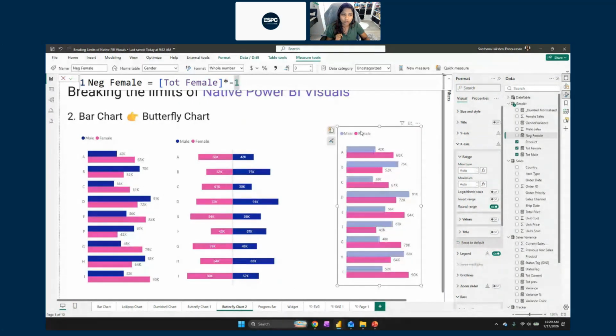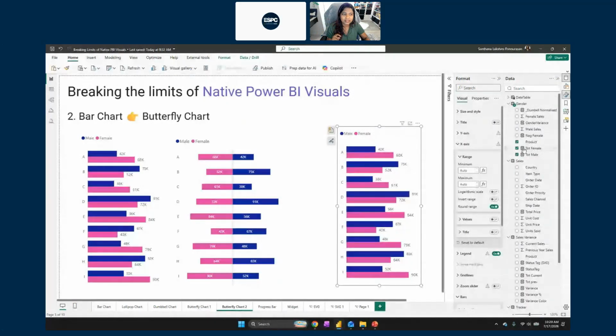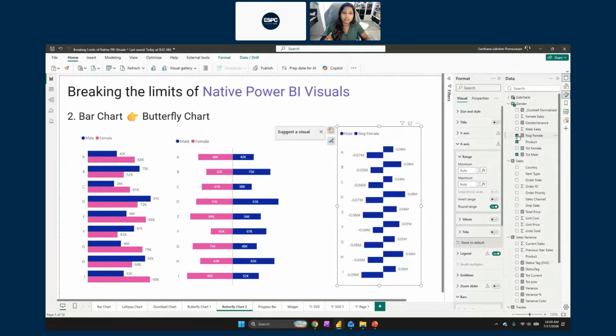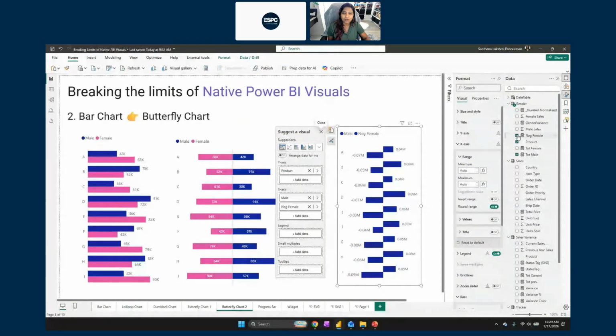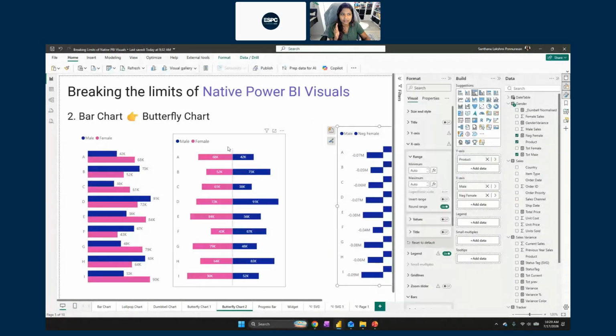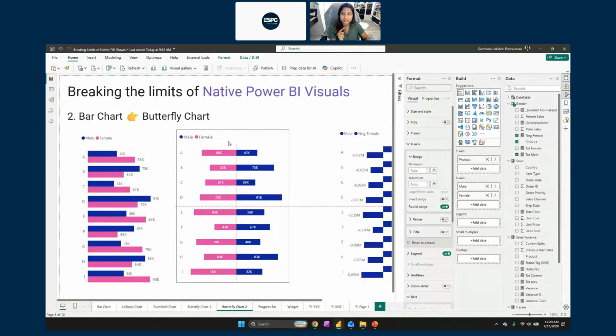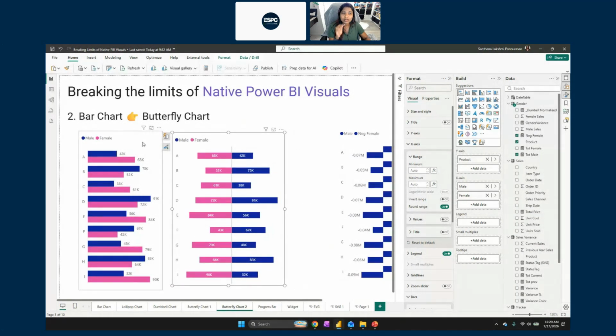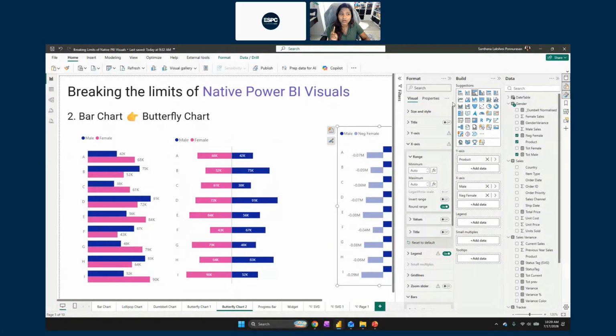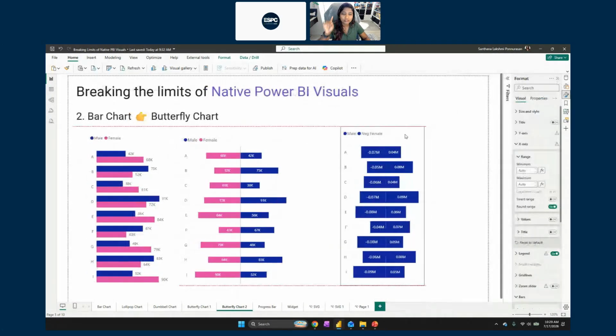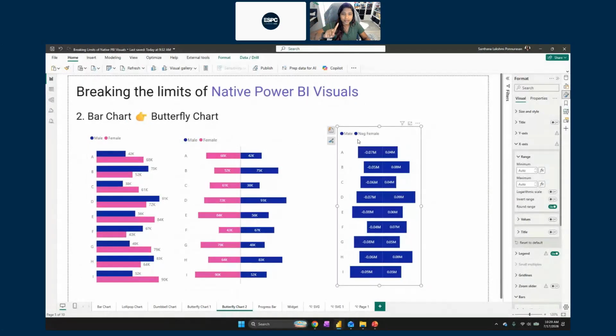So what happens when I do that? What I'm going to do right now is get rid of my female sales and use my negative sales. You see how just by flipping it, I was able to get it on the other side. Another quick thing to note is when you are trying to convert a clustered chart to a stacked chart, you need to convert it into a stacked chart first. So now this is a stacked chart. So the things that I did is convert the visual to a stacked chart, create a new measure to negate my value so that I get it on the other side.